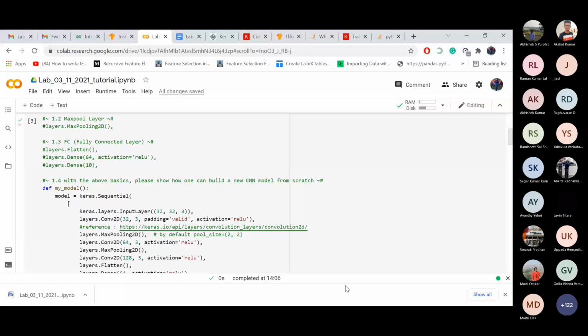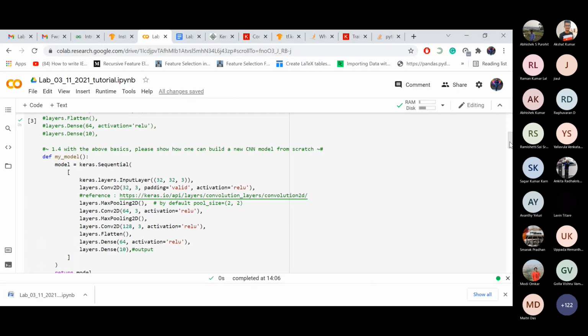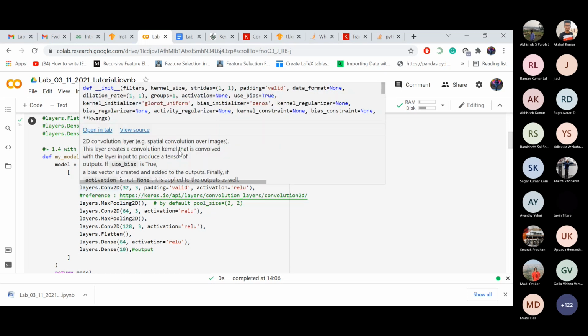So, a sequential model is appropriate for a stack of layers since it groups the linear stack into a TensorFlow Keras model, where layers are added sequentially on top of the other. Suppose our image tensor will be of size 32 cross 32, having 3 channels. Then we will apply convolution on that image